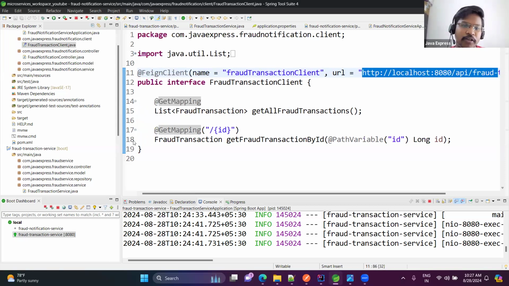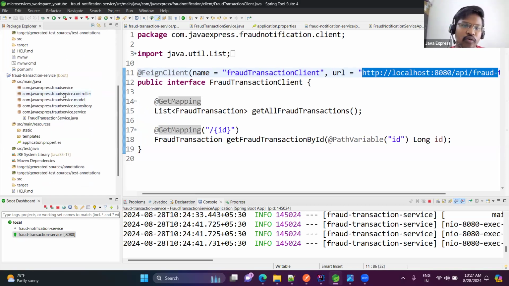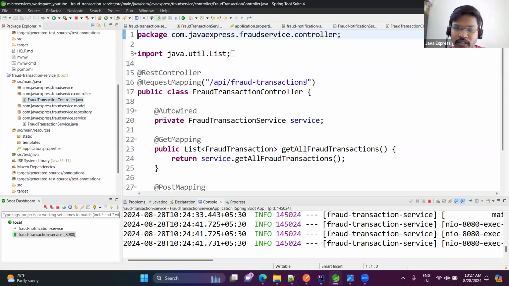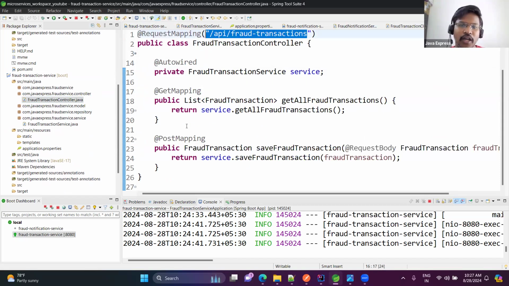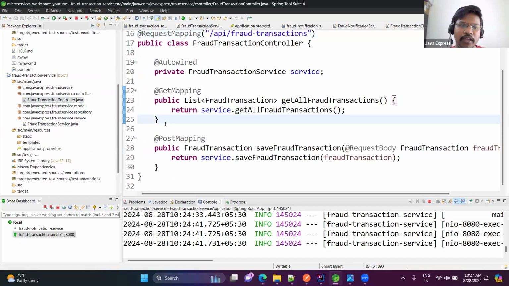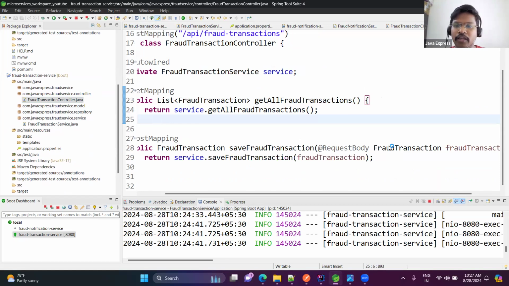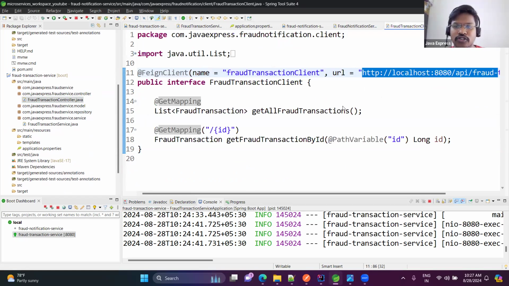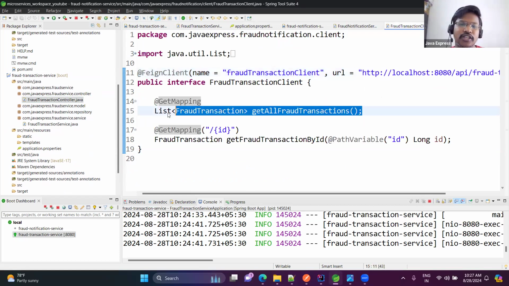Now, which method do you want to invoke? If you go to the fraud controller layer, you have a URL, and you need to make a GetMapping and a PostMapping. For the PostMapping, you have a request body and you need to pass the object. The same thing here, you just need to define the method signature. See, this method signature, what will it do? Basically, it will pull